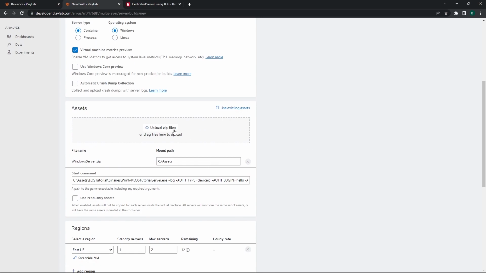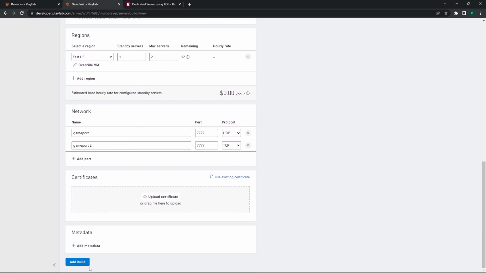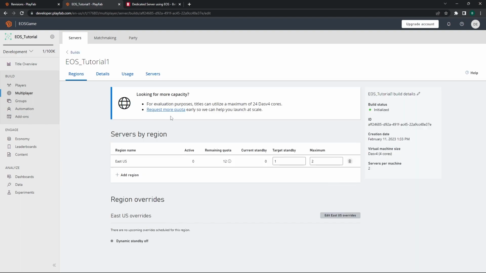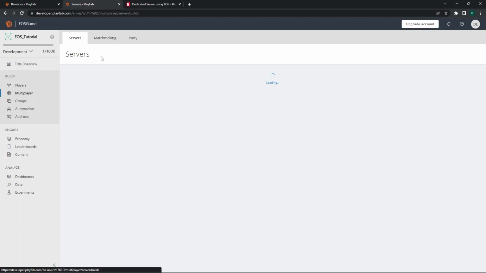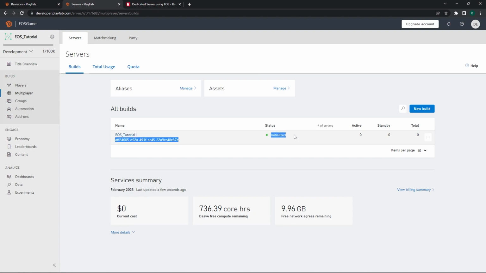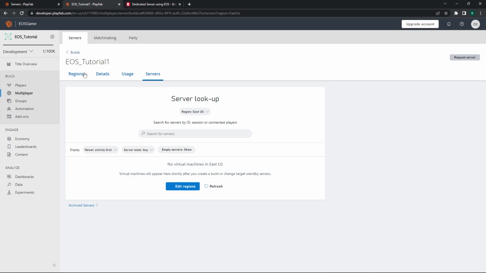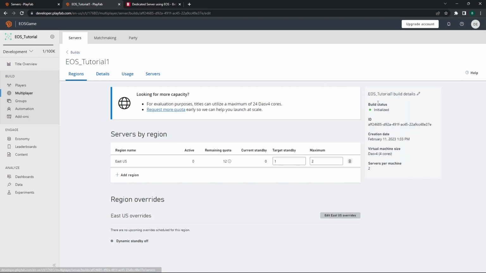Okay, so the upload got finished, and now we can just directly add the build, because rest everything was already correctly set. And currently this is on the state of initialization, but just in a second this should start deploying, and the servers should come up here. So I have to wait for 5 to 10 minutes to get the servers from the initialized state to the